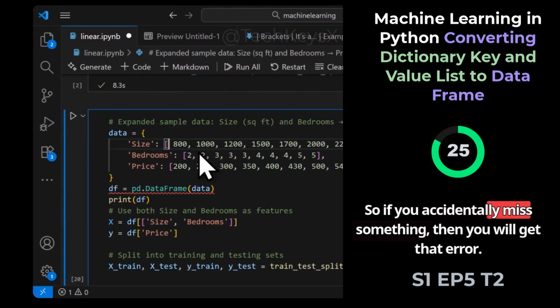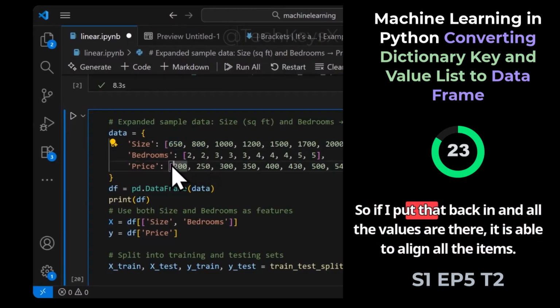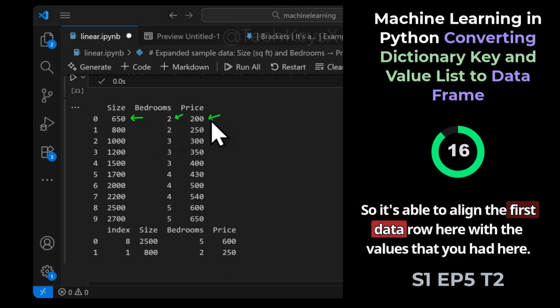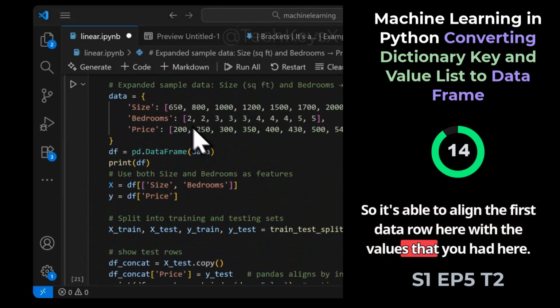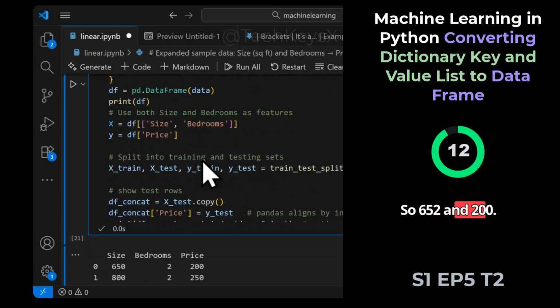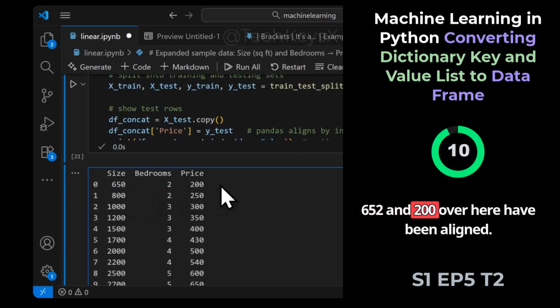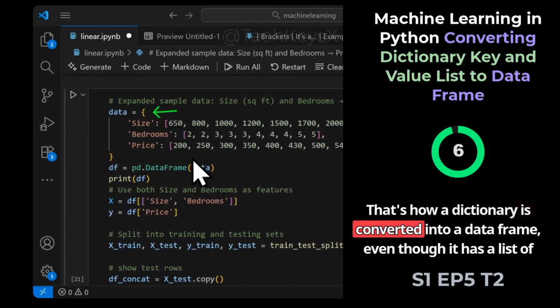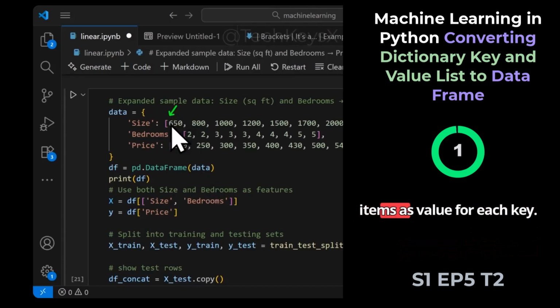So if you accidentally miss something, then you will get that error. So if I put that back in and all the values are there, it is able to align all the items. So it's able to align the first data row here with the values that you had here. So 650, 2 and 200, 650, 2 and 200 over here have been aligned. That's how a dictionary is converted into a data frame, even though it has a list of items as value